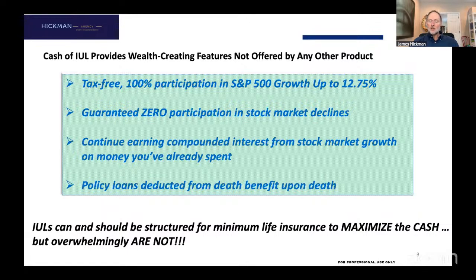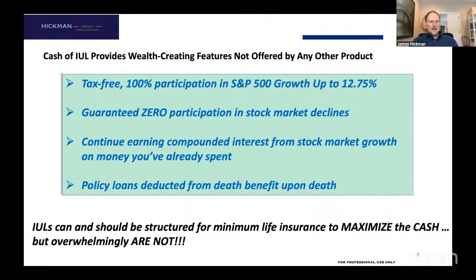And believe it or not, even as fiduciaries, agents are not required to at least explain to you that you could minimize the life insurance in order to maximize the cash and explain to you why you might want to do that. An agent isn't required to do that. So overwhelmingly, agents are not in the business of explaining how to minimize their own commission to you. And they'll show you an illustration that might look pretty good. And if you don't know enough to push back and say, hey, what if we did less life insurance? Could we? And get more of my money going to the cash? If you said that, that agent would have to agree and show it to you in a different way.